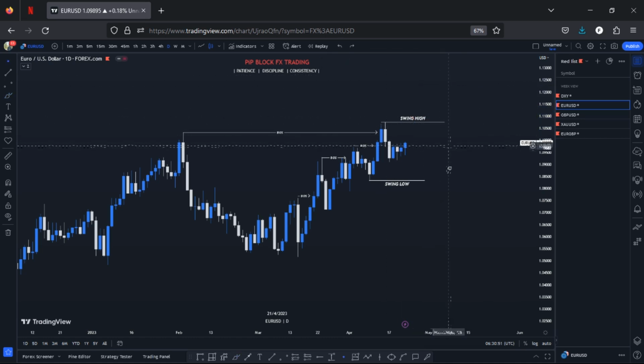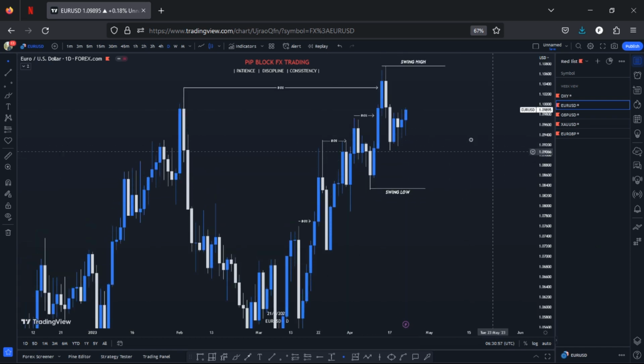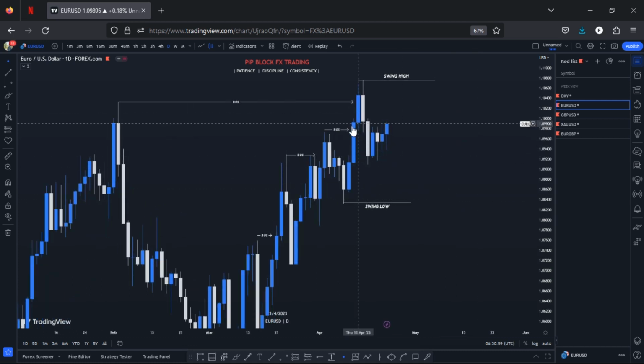All right, so since I'm very bullish, what am I going to be expecting for this coming week? We had the markets breaking structure, coming up to fill all this imbalance right here. So we had a very nice imbalance right here.